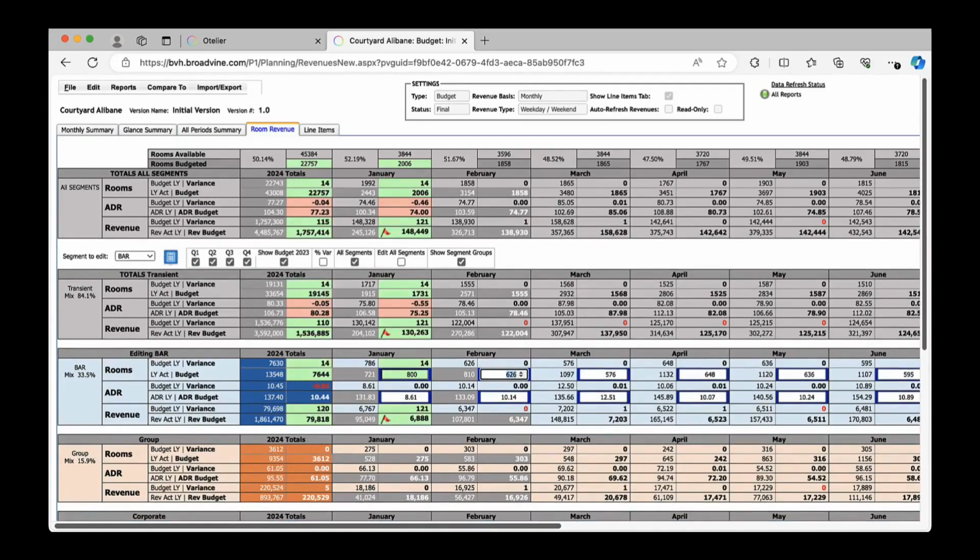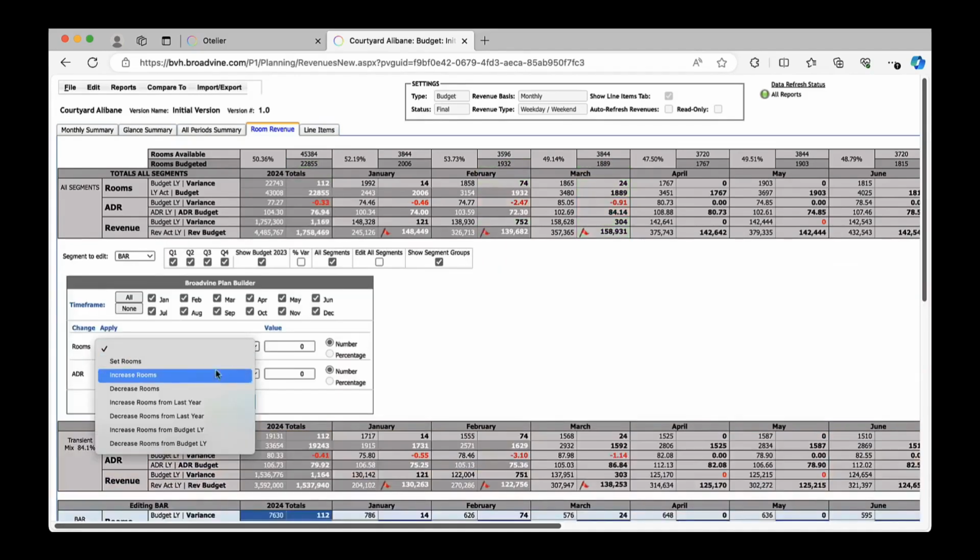There is a really neat feature here where it automatically calculates and shows you in green what has changed based off of typing that number in. It allows you to see what you're doing as you're going along and you don't have to hit save to see it happen. There is another way to do this using our little calculator icon,